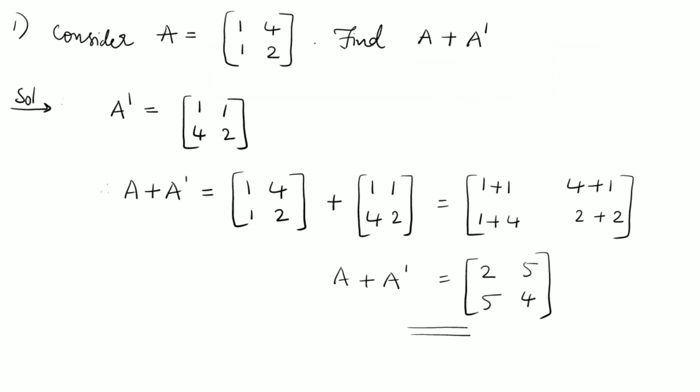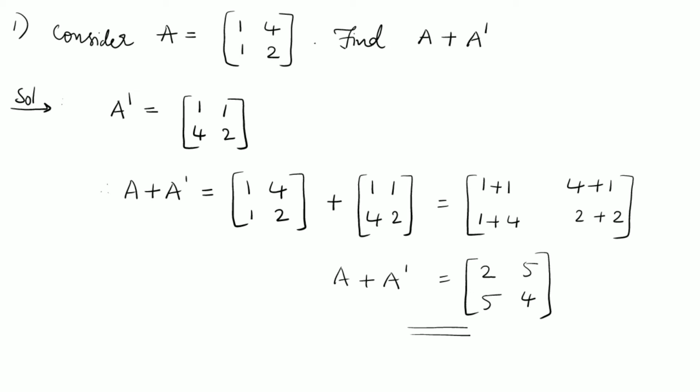See the first question. Consider A is equal to matrix 1 4 1 2, find A plus A dash. In this question you have to find A dash. A is already given in the question. You have to add this A dash, A transpose, and this A and find the answer. So here for A dash, you have to interchange row and column. 1 4 is your first row, that is interchanged to first column 1 4. Second row 1 2 is interchanged to second column 1 2. Again, according to the question, you have to add these two matrices, that is A plus A dash